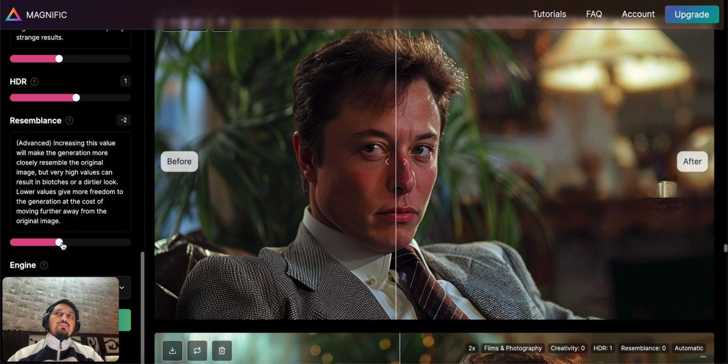Let's say we create a painting where the shape of the face or the animal or whatever is very deformed, so we don't want it to resemble the original image for obvious reasons. So we might have to either go on the left hand side extremes, or maybe decrease a few values like -1, -2, -3. Then the other slider is creativity, which is the most powerful or most hyped feature,